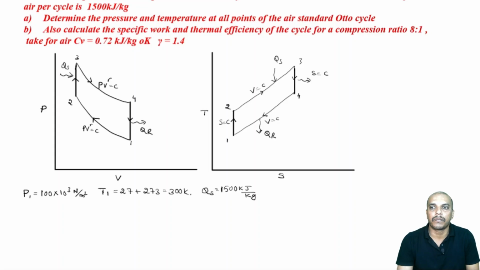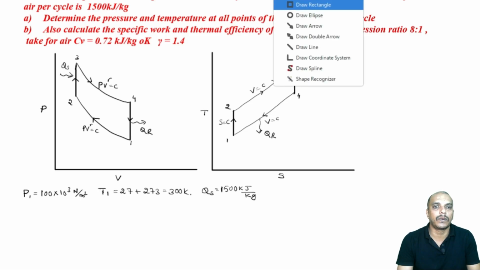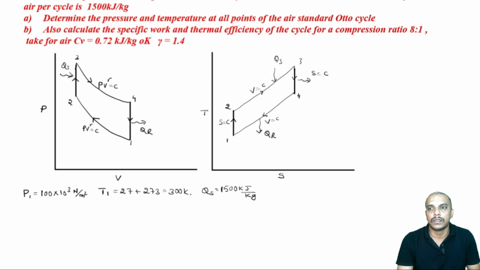Now, the question is to determine pressure and temperature at all points. That is a very fundamental question. In any given problem, this is what we will have to find out: pressure and temperature at all salient points. That is what we need to find out first. Then sub question B